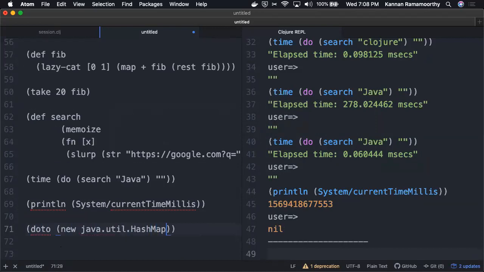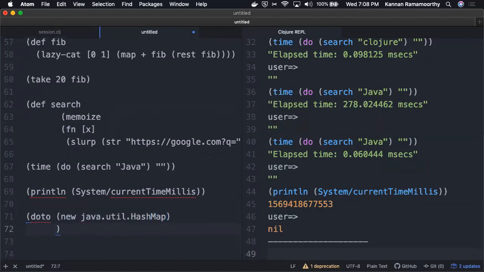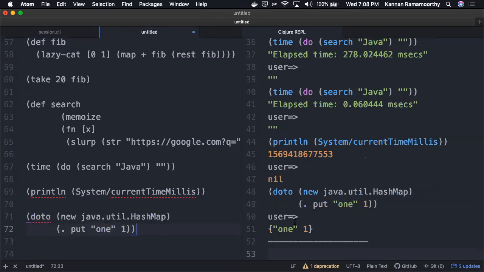Now I'm creating a new hash map and adding a key value pair. As you see on the right side, I have created a new hash map with the key as one string and the value as one. Like this, it's possible for you to use Java classes and methods here. It's also possible for you to create classes out of Clojure and have them usable in your Java programs.